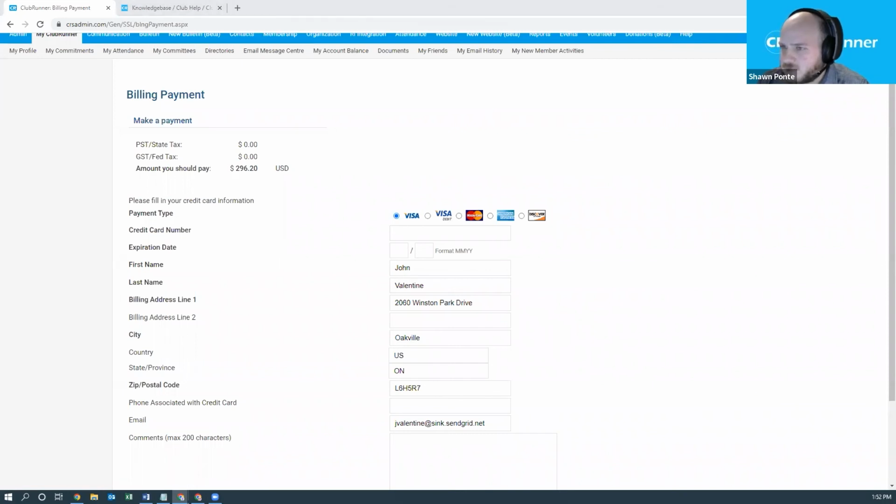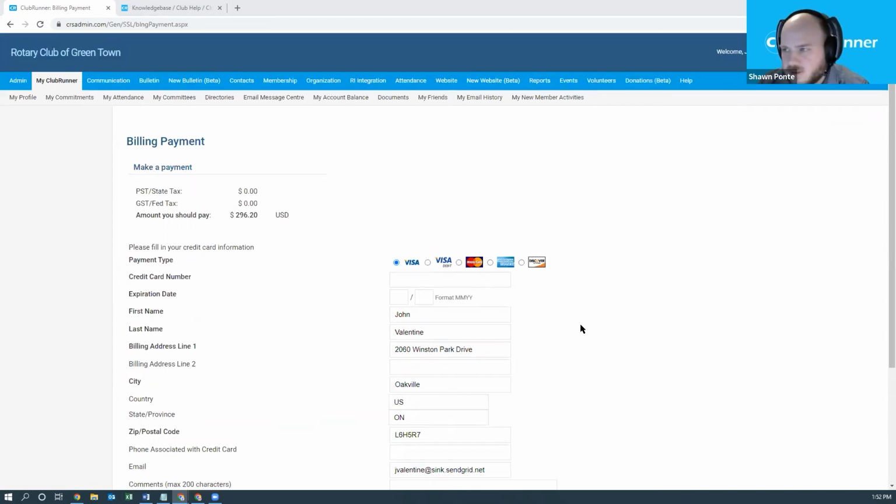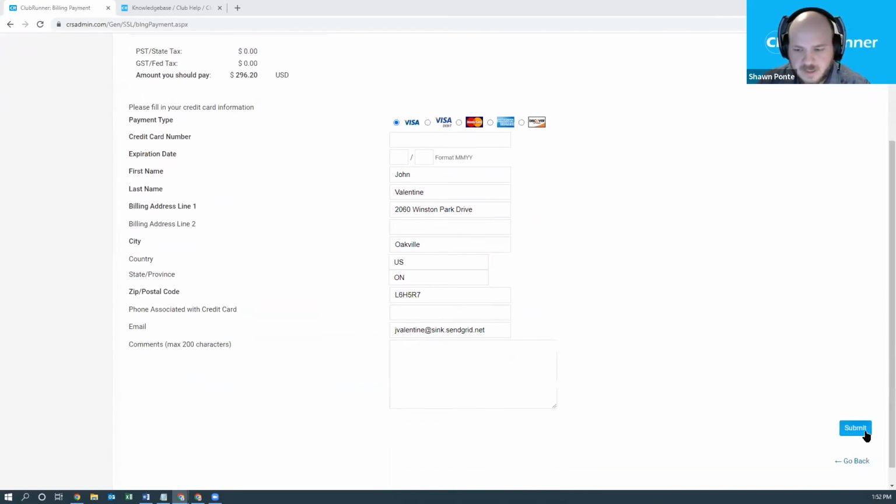And the next question we had, which was actually similar to the online payment question, was: do the online payments get entered automatically, or do they have to be entered manually like check payments? So the online payments are automatically entered. They're fully integrated payments. So once I fill out this particular form, I go ahead and click submit. It'll process the payment, of course, and if it's successful, the system will automatically apply the payment to that specific